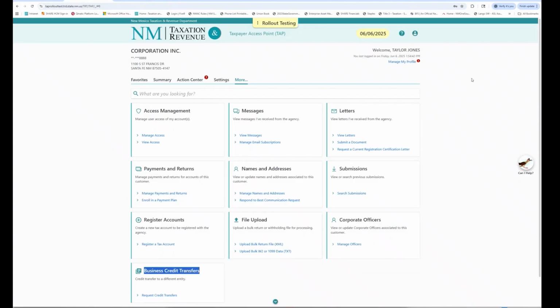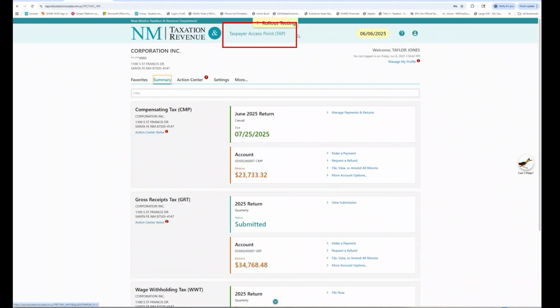Let's go back to the main page by clicking on the Summary tab, or you can click at the top center that says Taxpayer Access Point or TAP. You will notice on each individual account there are a few other options that you can click on. We will have separate videos for the filings, returns, the making payments, and requesting refunds. Lastly, on the top right, you can click on Manage My Profile,